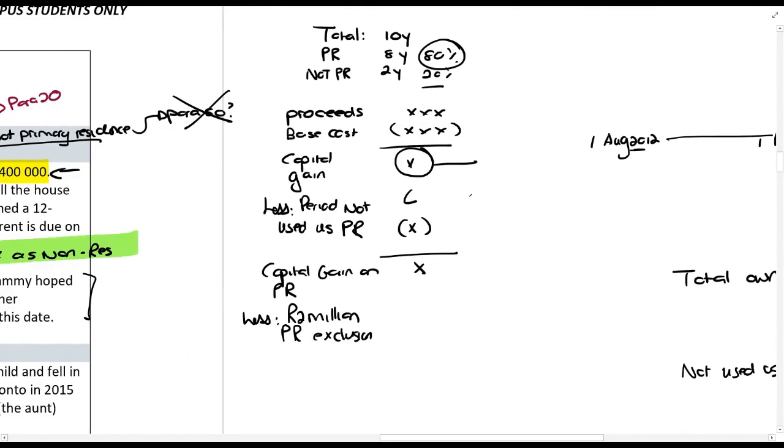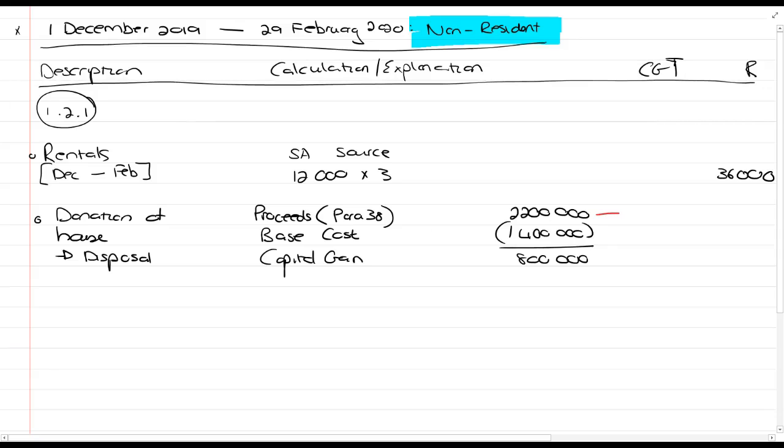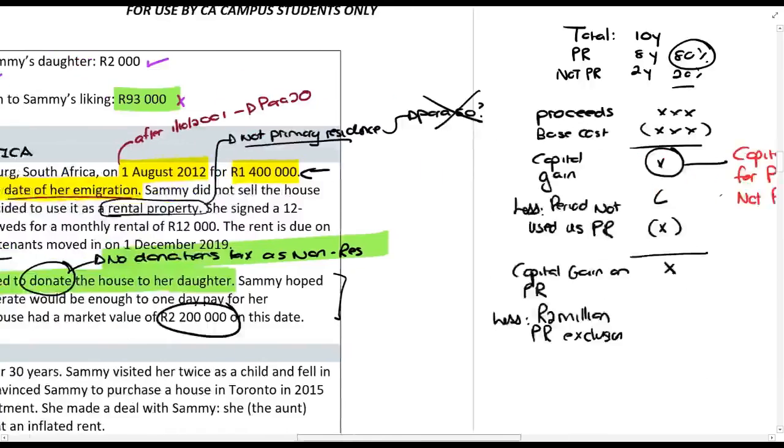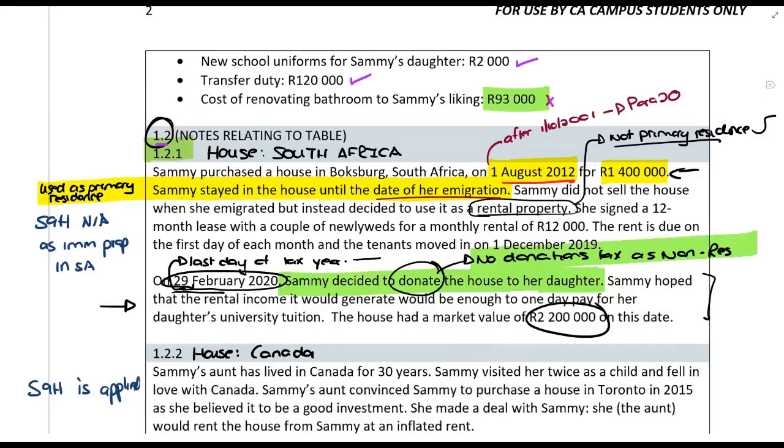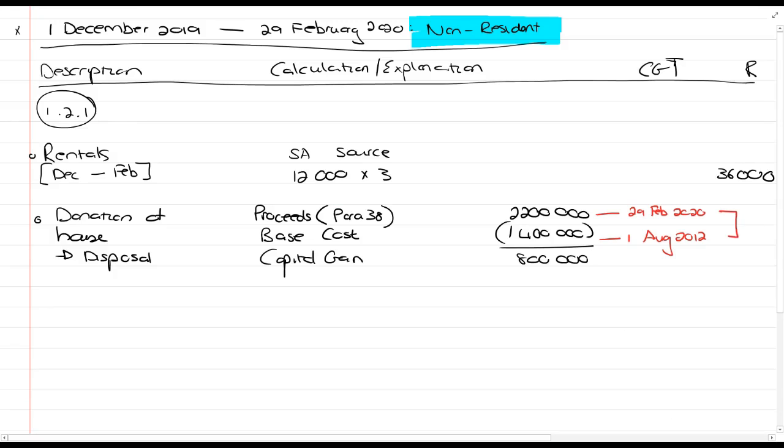is the capital gain for the period it was used as a primary residence plus not a primary residence. Why do I say that? Because the proceeds is on the 29th of February 2020 and the base cost is on the 1st of, when did she buy it? 1st of August 2012. Okay. So I want you to see that's the two dates there, the two values of